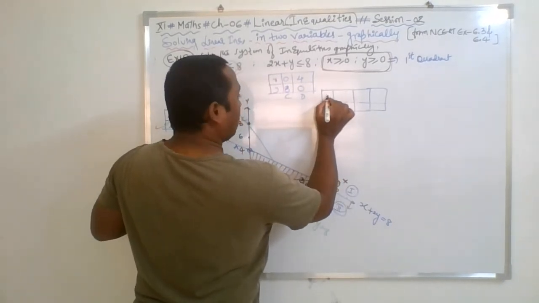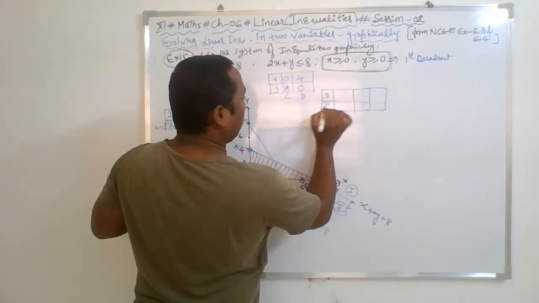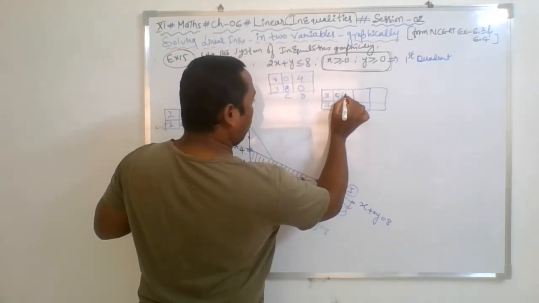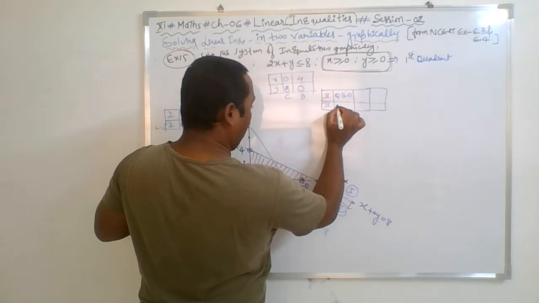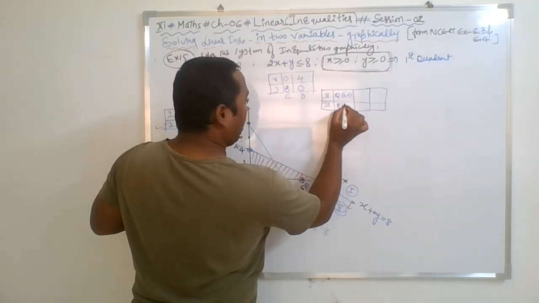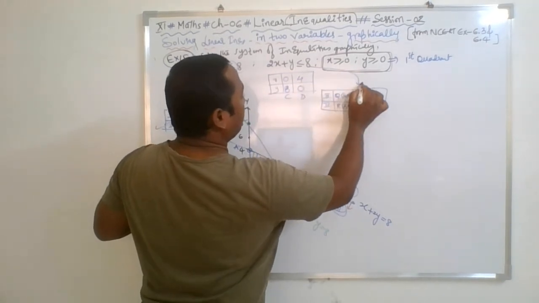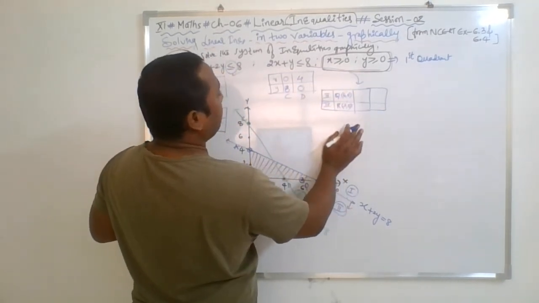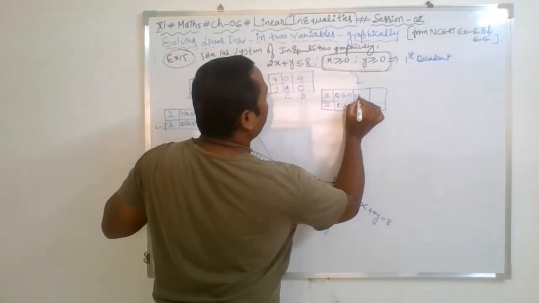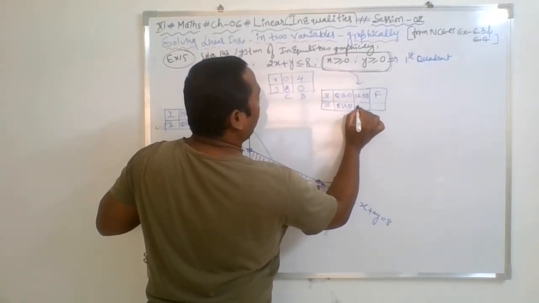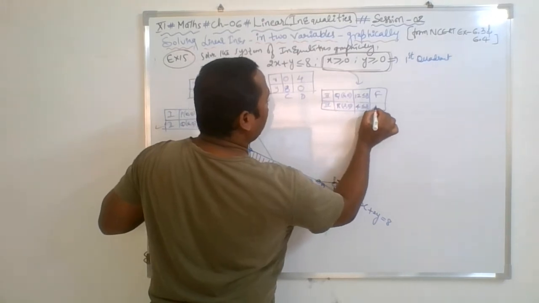So here third half plane and fourth half plane, Roman number, और थर्ड में से ले रहा हूँ Q पॉइंट जो 6,0 है, फोर्थ में से ले रहा हूँ R जो 2,0 है. Now I'm substituting in this, so where you will get 6 अगर पुट करते हैं तो 12 हो जाएगा. 12 is less than or equal to 8, false. 2 पुट करोगे तो 4 is less than or equal to 8, true.